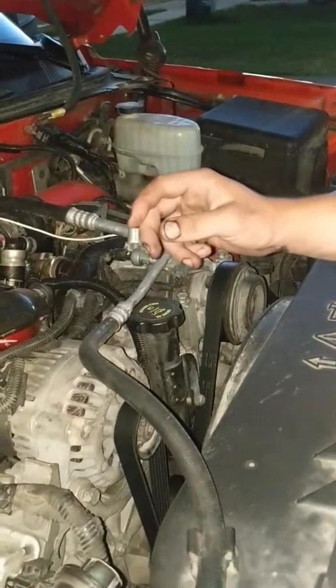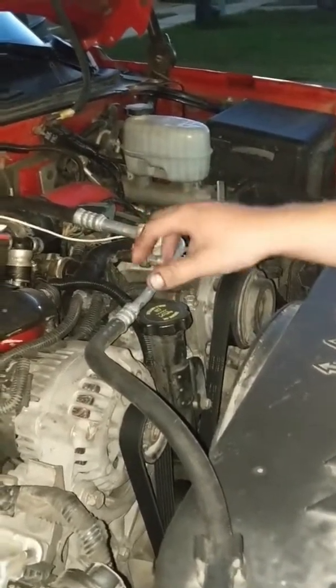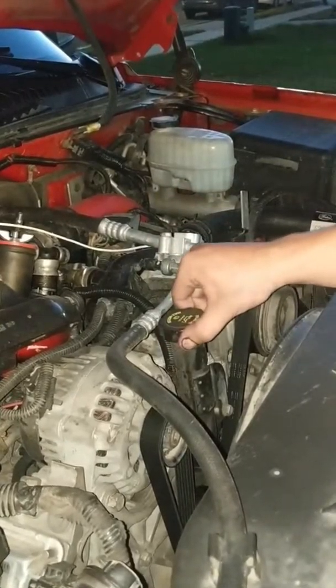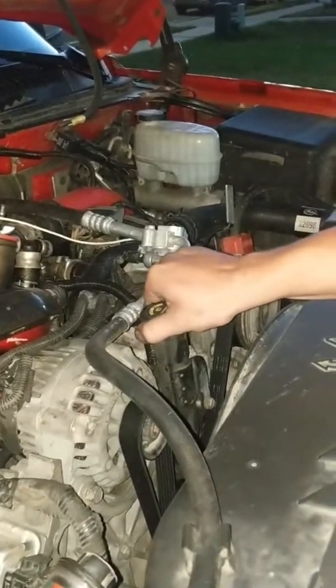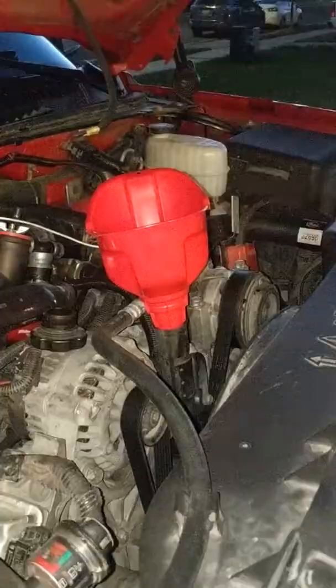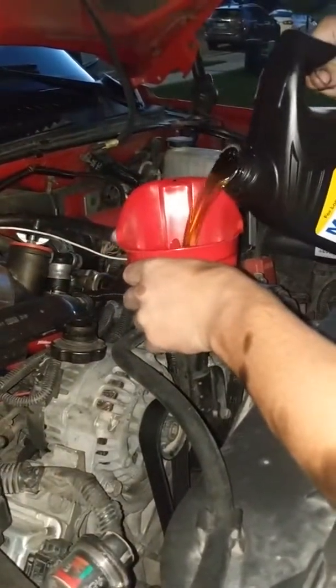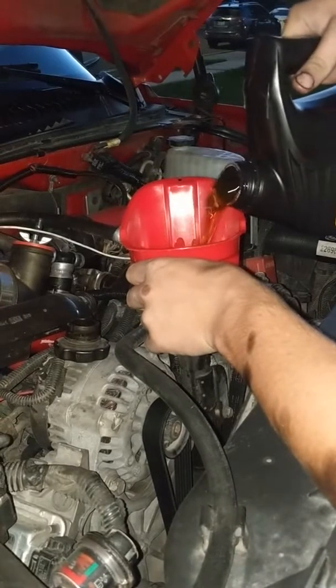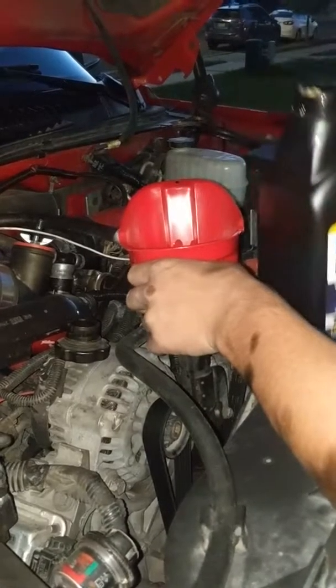Alright guys, so once you get that plug put back in and that filter on, come up here, locate your engine oil cap. It's going to probably be in a different location than mine, but we're going to take that off. So once you've got it up, if you know exactly how much to add, add it. If you're not sure, go to where you feel comfortable, and all you're going to do is, mine's under here sadly,